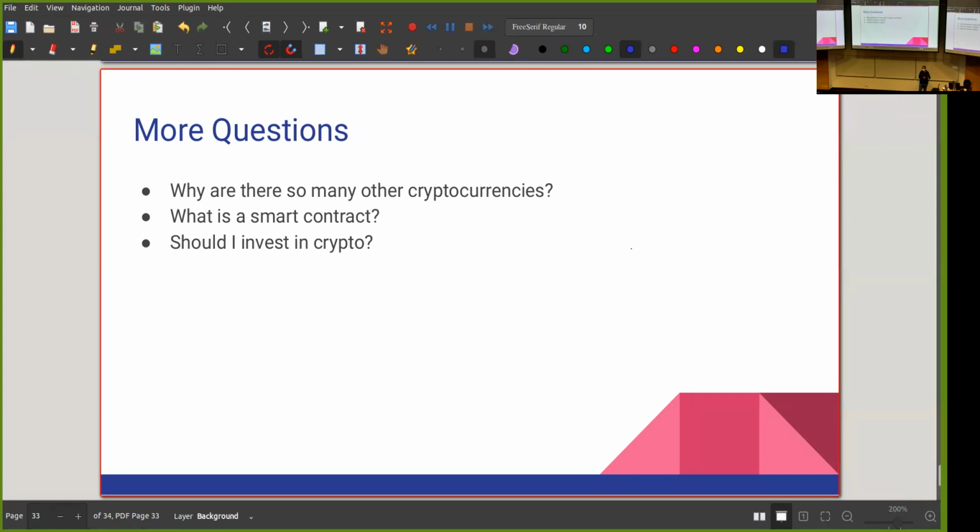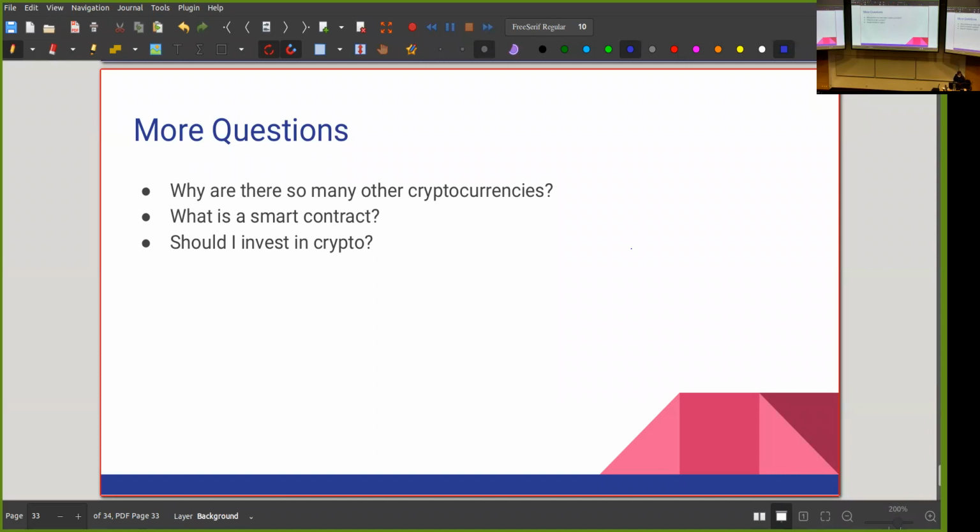So I can, for example, create a program that says, get as much money as anyone else pays you, and then pay this money only to someone who can solve a particular problem, or pay all of this money to me. Right? I can create this code and put it on the blockchain, and then anyone can send money to this piece of code. And then this piece of code works exactly as it's coded. So that's what a smart contract is. And almost all of the NFTs are smart contracts.